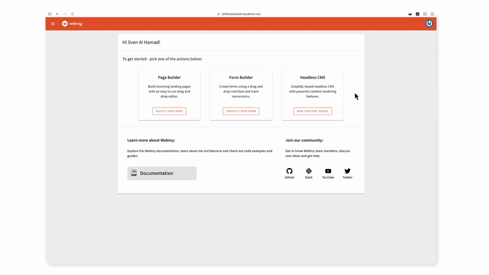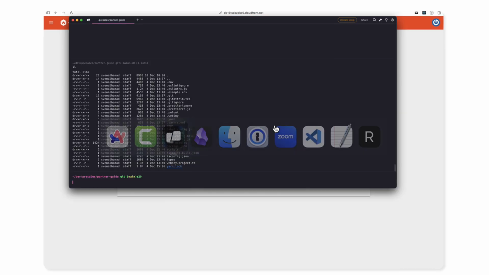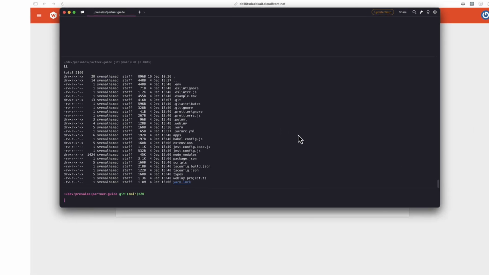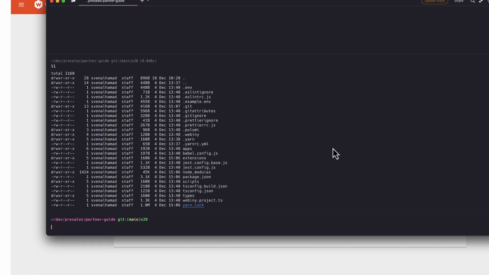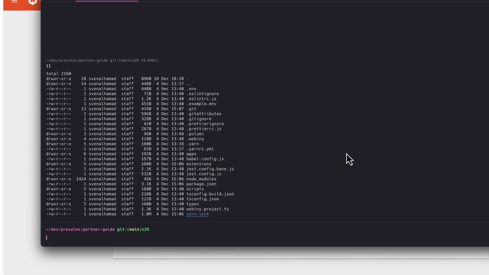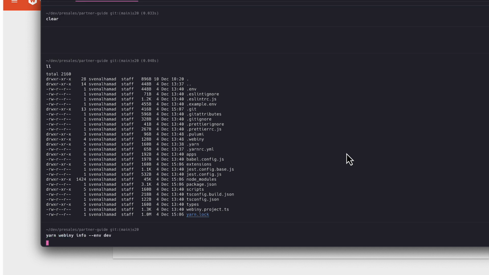In front of me, I have the Webiny instance that we created in the previous chapter. I'm now logged into the admin dashboard. In case you need a reminder, if you can't find the URL to your Webiny instance, in your terminal, I'm here inside the root directory of the project I've created. If I just run yarn webiny info, and we just want the development branch, if I run that command, this